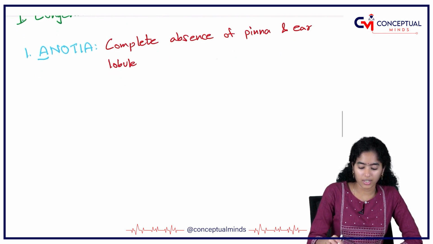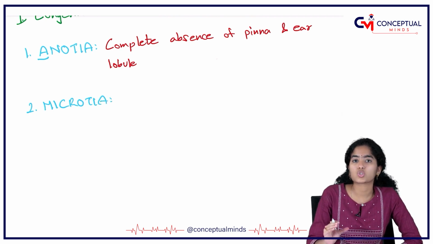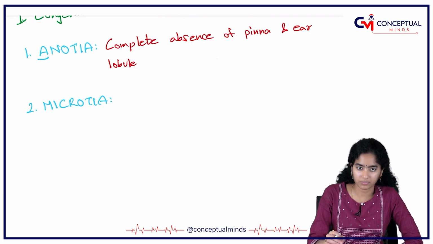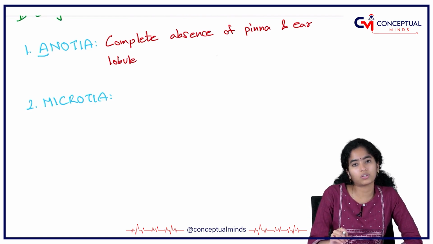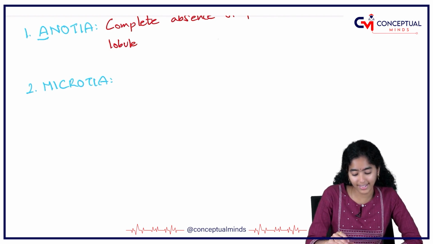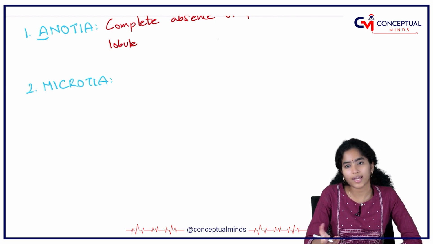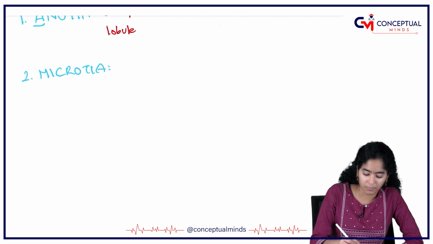Next we have another condition called microtia. As you guessed it, micro means small, otia is pinna. So microtia is a small sized pinna. It results because of incomplete development of the tubercles of the auricle, the hillocks of His. So there is incomplete development and growth of pinna, and this can lead to a small pinna or sometimes an abnormal pinna also. Based on that, we have 4 grades of microtia, and they are: in grade 1,